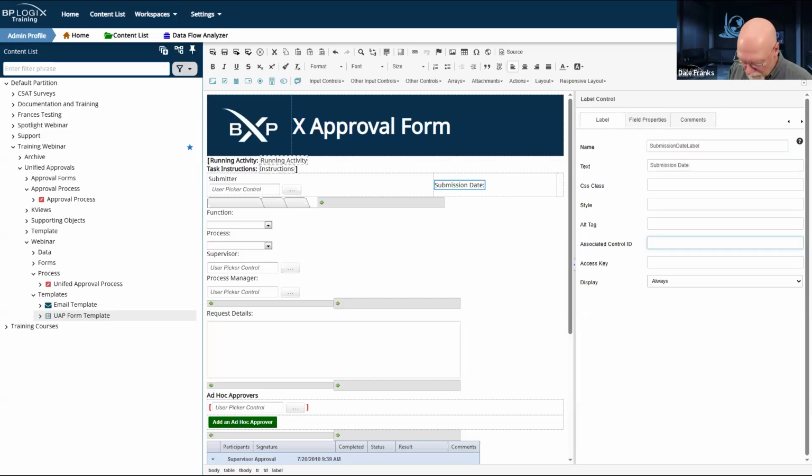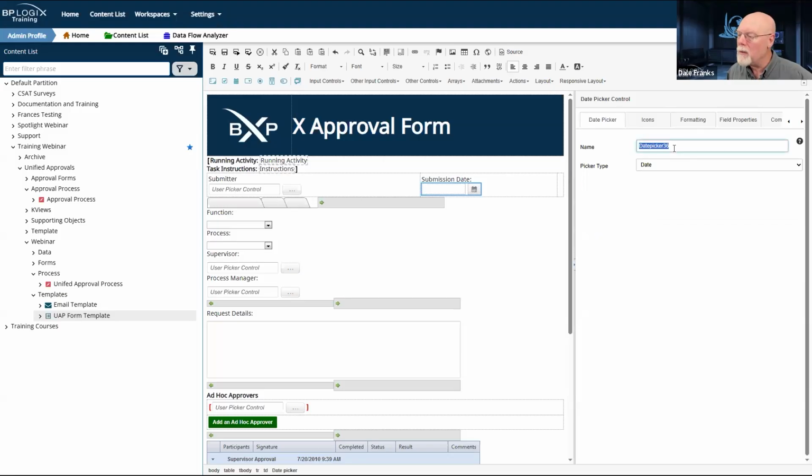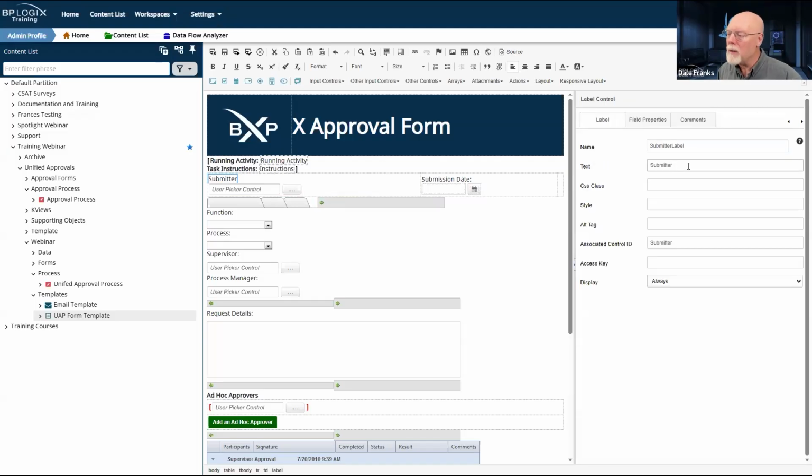And our control is going to be submission date. I might as well just go ahead and copy that. And we'll grab our date picker field here, which we will paste the name in as submission date. I do want to go back here to the text for my submitter label and put the colon in there.